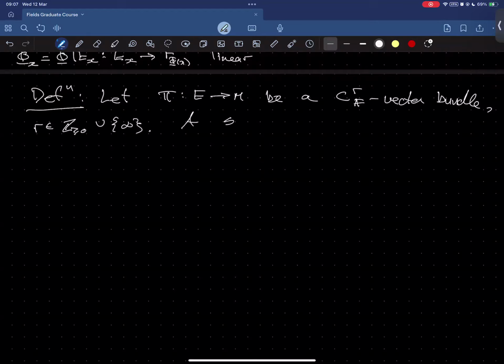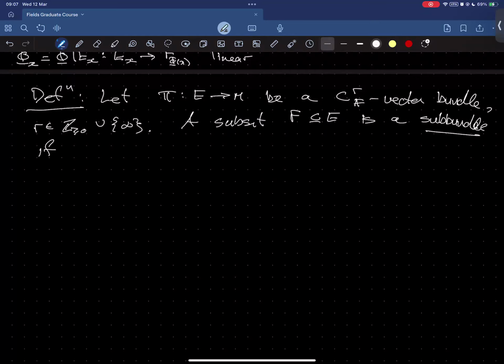So a subbundle. A subset F of E is a subbundle if, okay. So a subbundle is rather like a submanifold, and in fact it is a submanifold of a particular